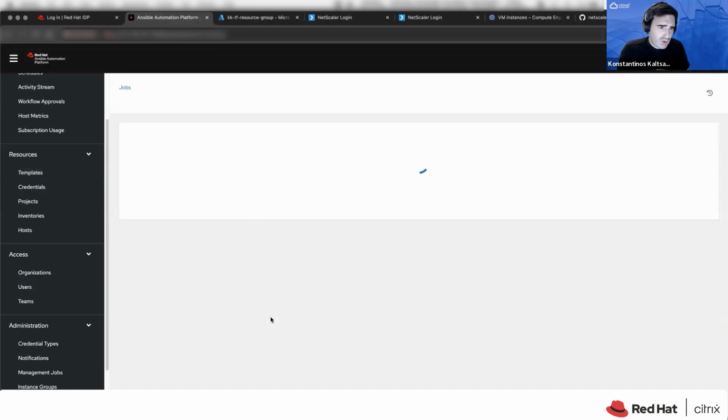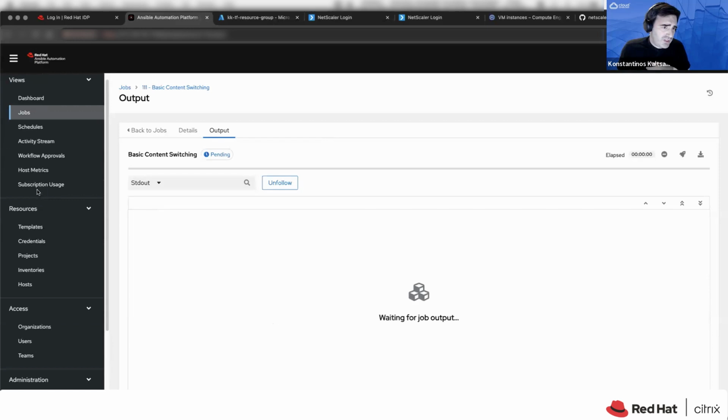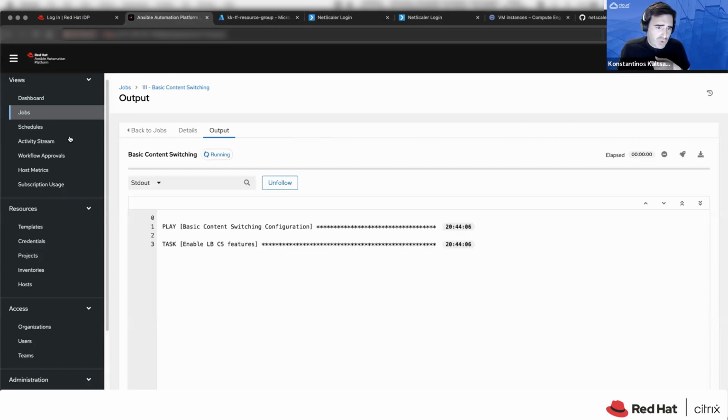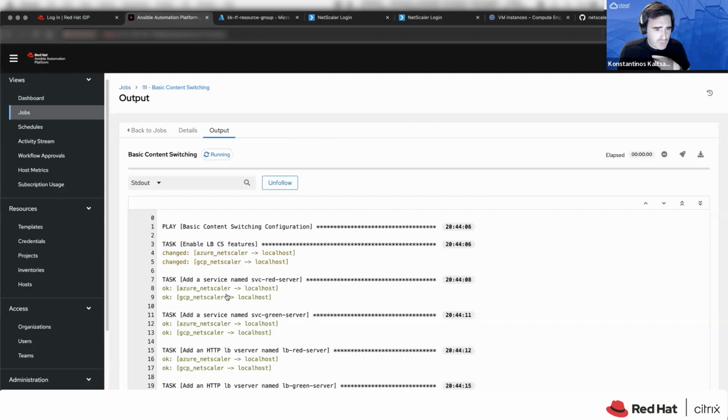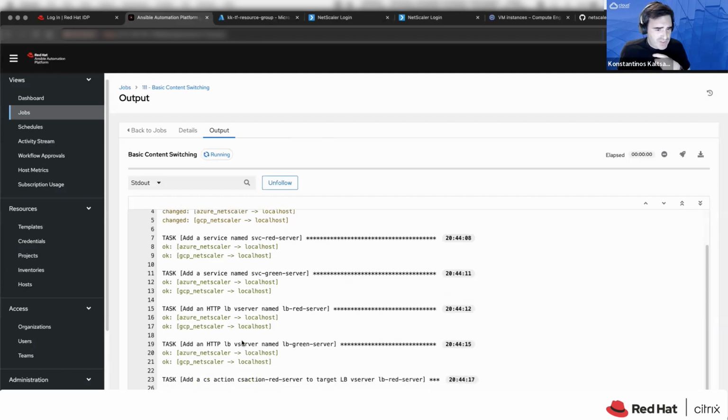So if we hit launch, we are going to see that we are triggering a new job, which basically will start running our playbook. So you will see that there are several different tasks that are being executed. I'm enabling the load balancing and content switching features. I'm adding some services.